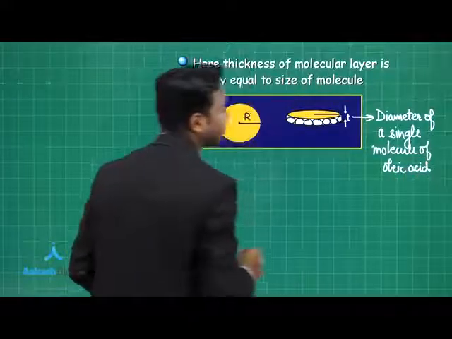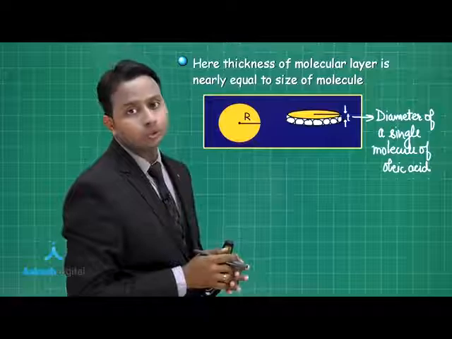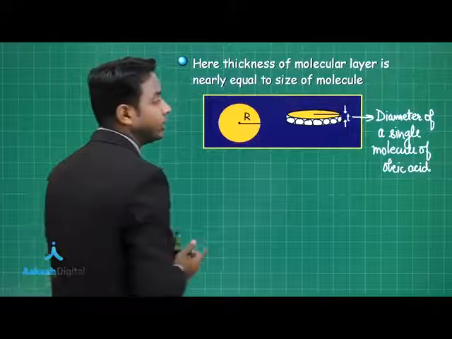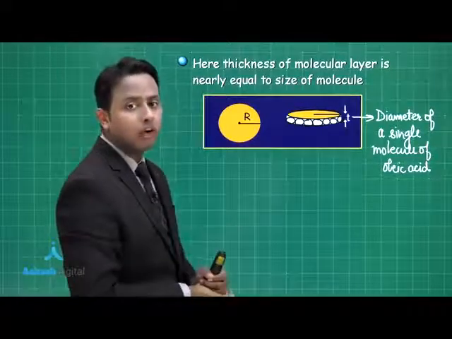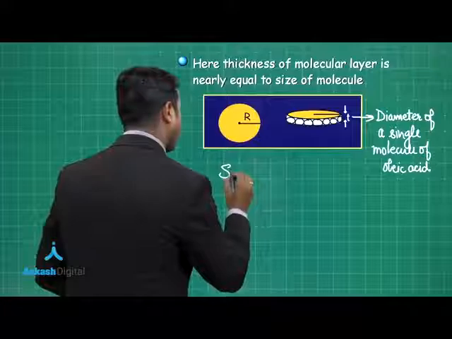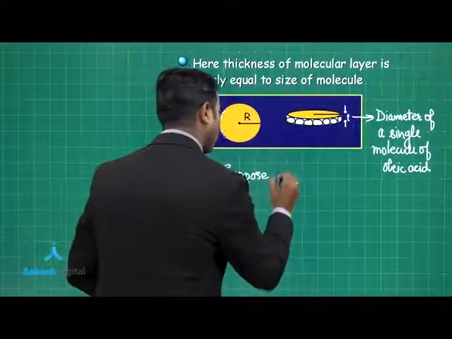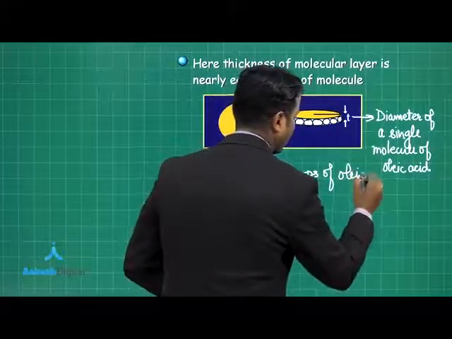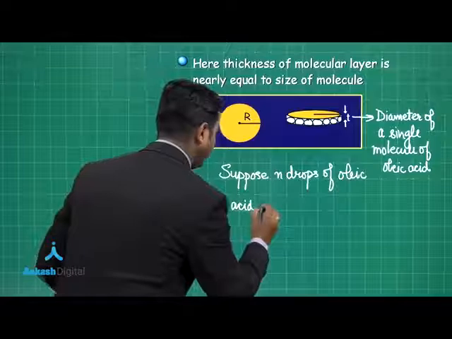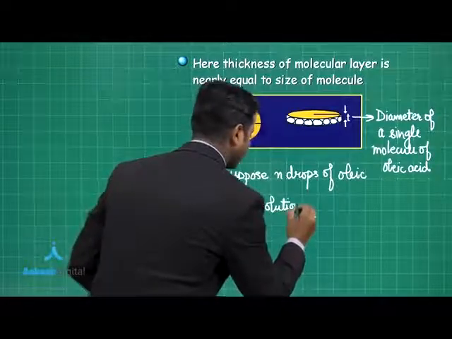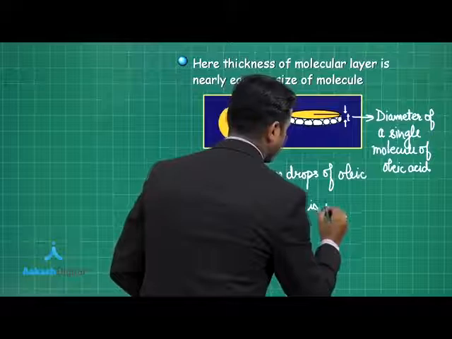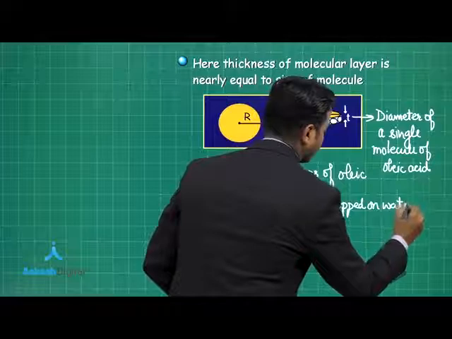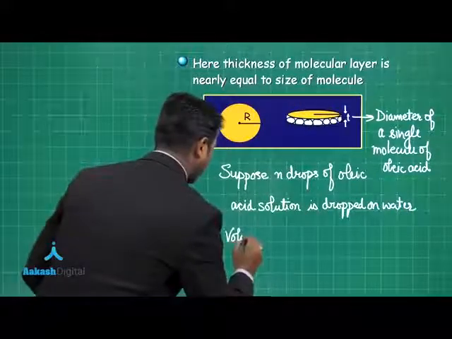I hope this is very clear to you. That's why we have taken a very diluted solution of oleic acid. Now tell me how you are able to find out the volume of this disc formed by the oleic acid molecules. So let's suppose n drops of oleic acid solution is dropped on water. So we can write down